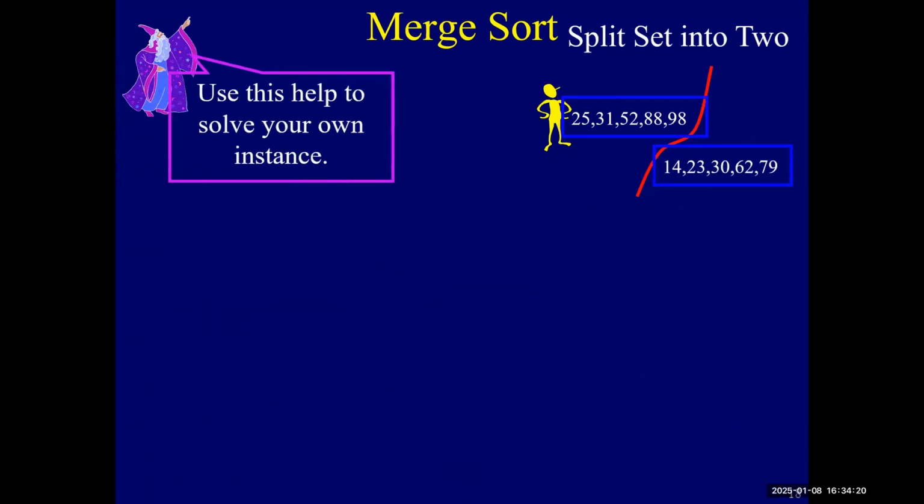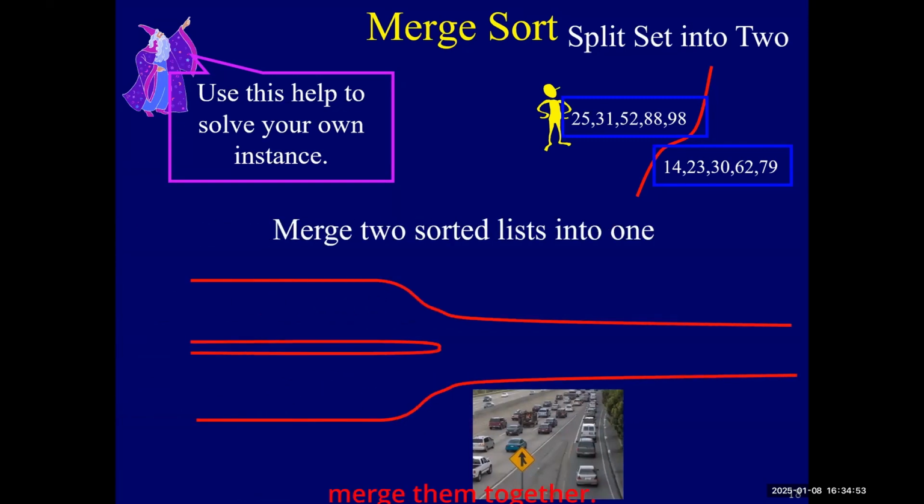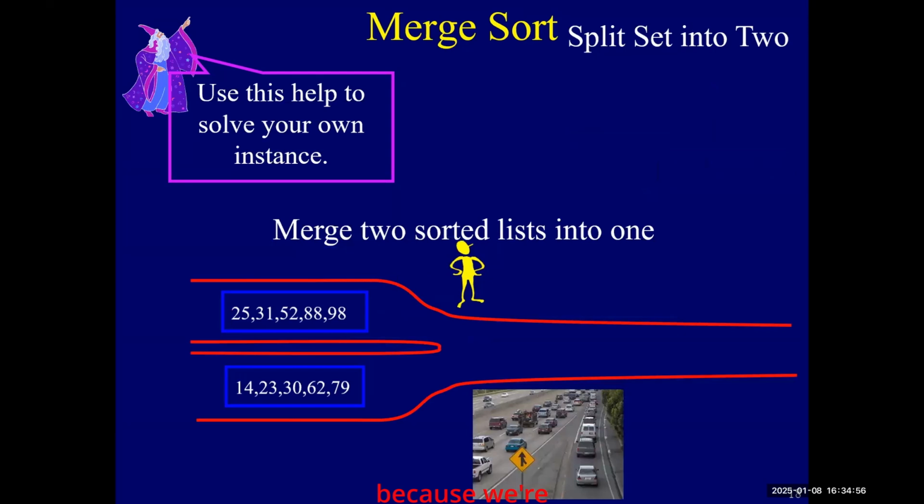And now, one thing about recursion generally is you have to do something yourself. Well, there are two things I have to do. I have to take my input and split it into inputs for my friends. And then I have to take my friends' answers and combine them to get an answer for me. So we have our friends' answers and we have to merge them together. And it's called merge sort because we're going to think about them as two lines of traffic merging together.